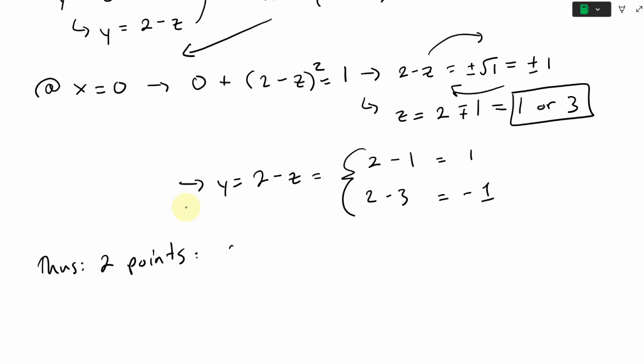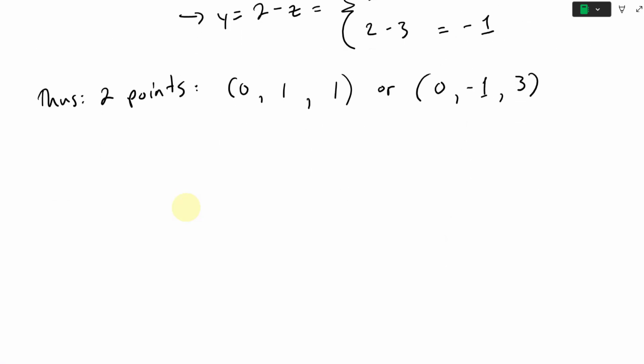So at x is 0, we're going to have z is equal to 1, and if z is equal to 1, y is equal to 1, like that. Or, at x is 0, if z is equal to 3, then y is equal to -1, like that. So we have 2 points there. And going further, so likewise,